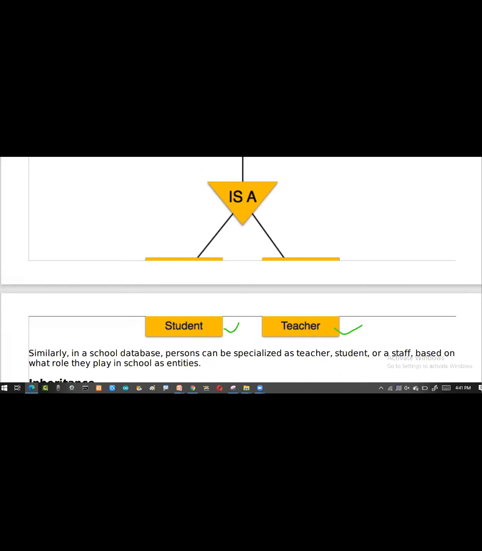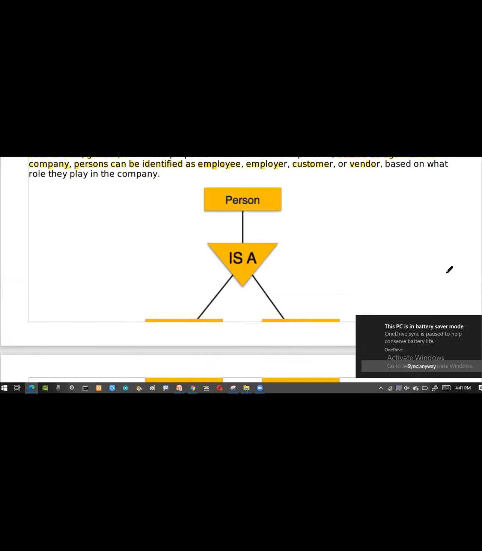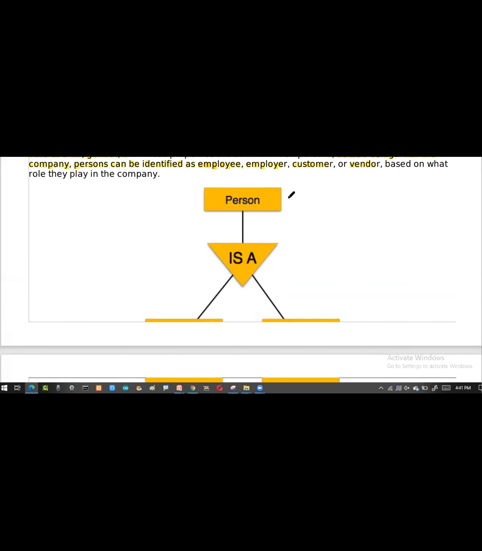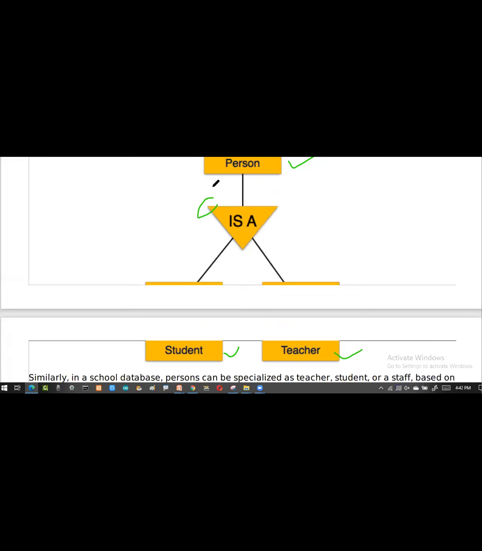To show that they have been divided as subgroups from the person entity, I have to use this symbol saying it has been split into two parts, two different entities which are groups of the person. So I have to draw this particular diagram. This is the symbol of specialization.